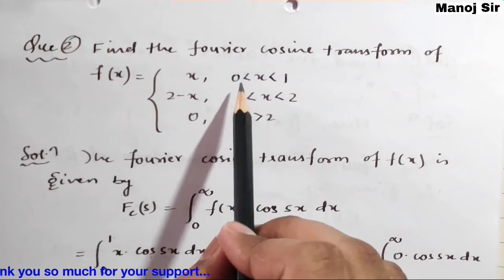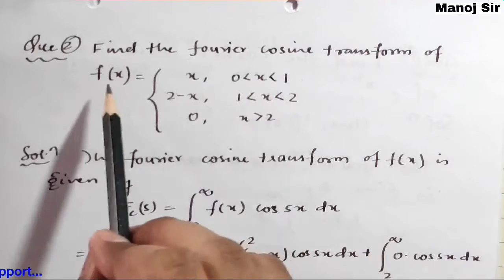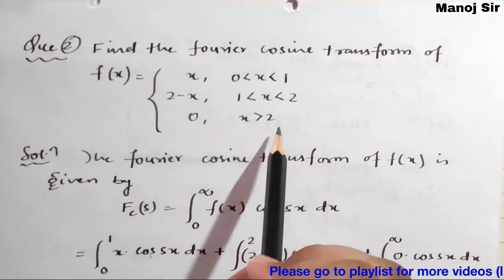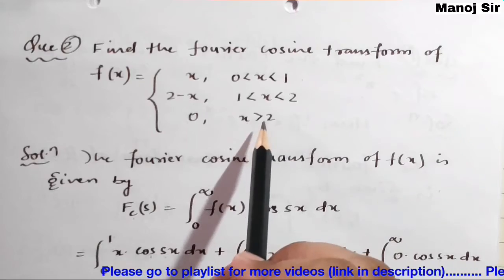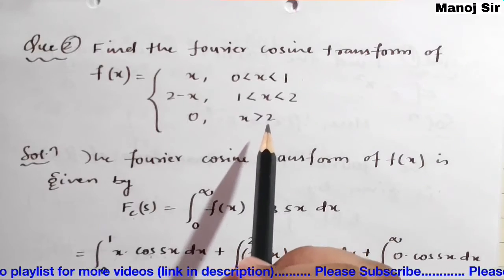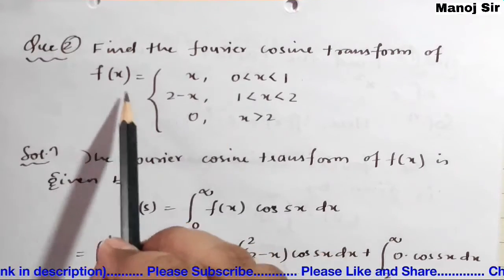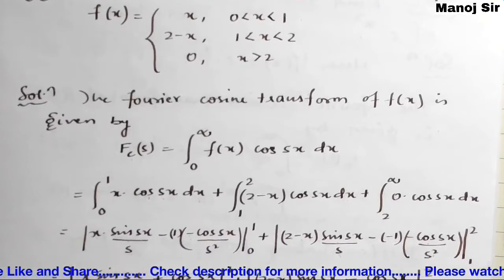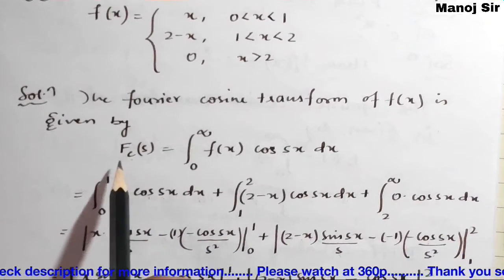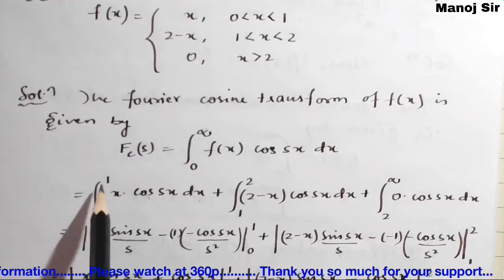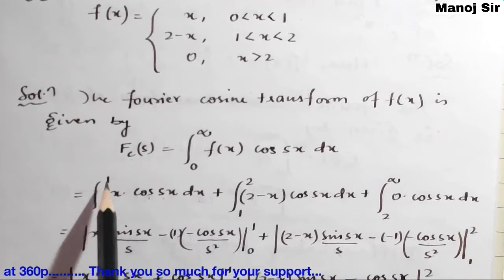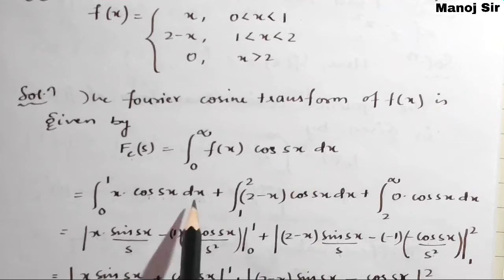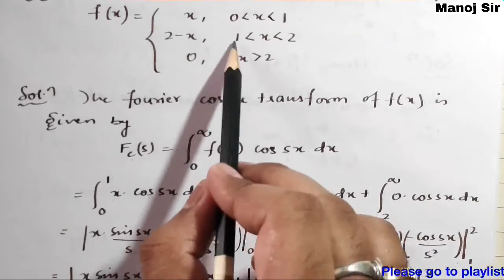If you see, for the limit 0 to 1 the function is x, for the limit 1 to 2 the function is 2 minus x. Then we have x more than 2, it means when the limit is from 2 to infinity, in that case the function becomes 0. So writing that, this Fourier cosine transform equals integration 0 to 1, what is f of x when the limit is from 0 to 1? That is x. So x into cos sx dx